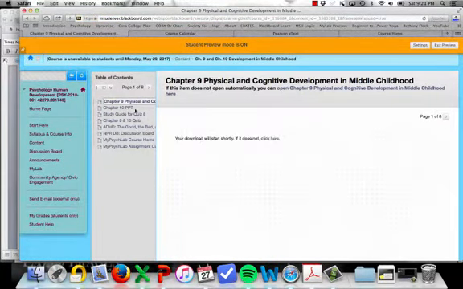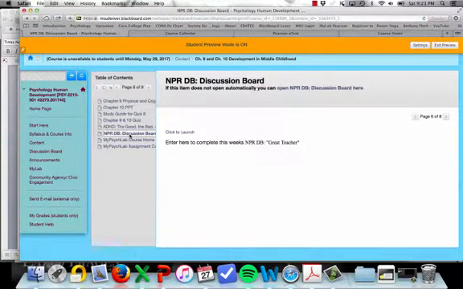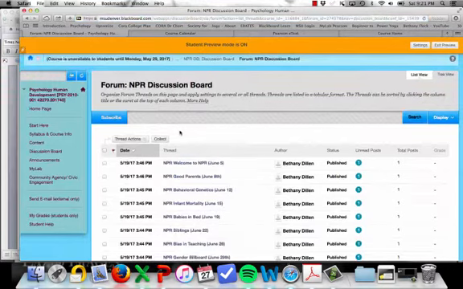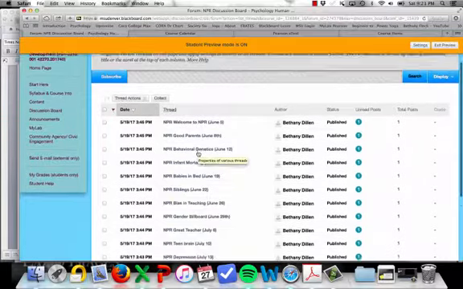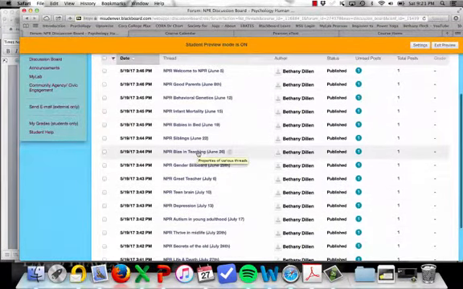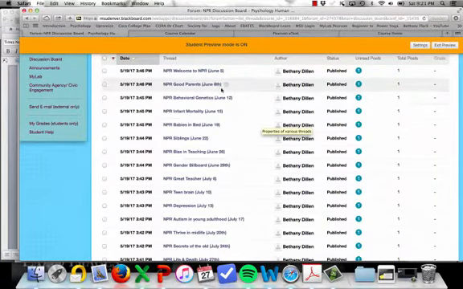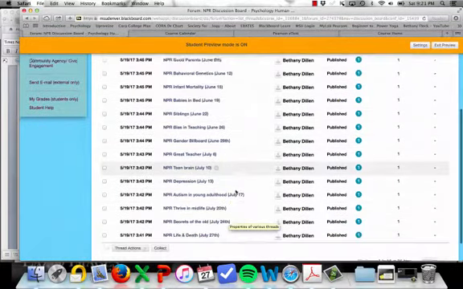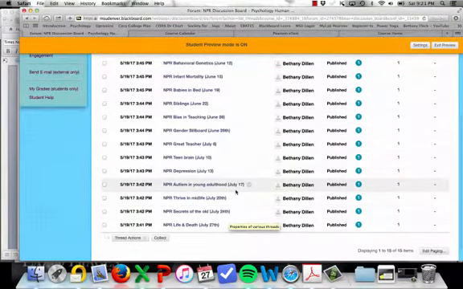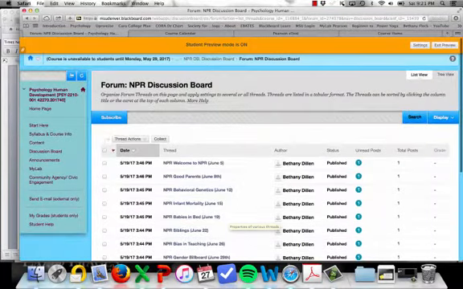We have that same list over here. Here we have the NPR discussion board. If I click on that, then I can click to launch to open up the NPR discussion board for this course. I'll have to find the one here that I want to comment on, the one that's assigned rather. All the due dates are listed there, so you can see them, and that's updated for whatever semester you're taking it in. So you go in and you find it, you click on it, and you create your thread.